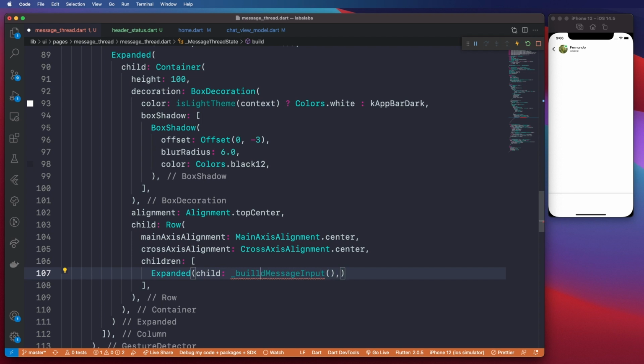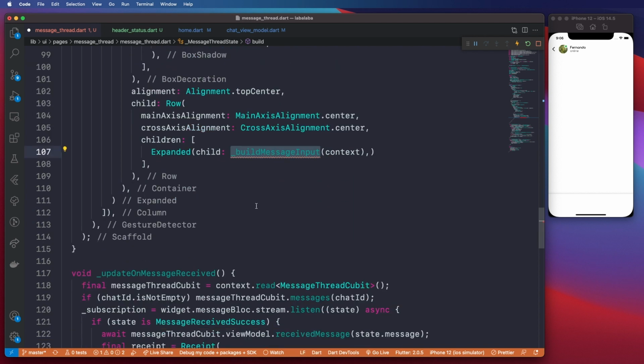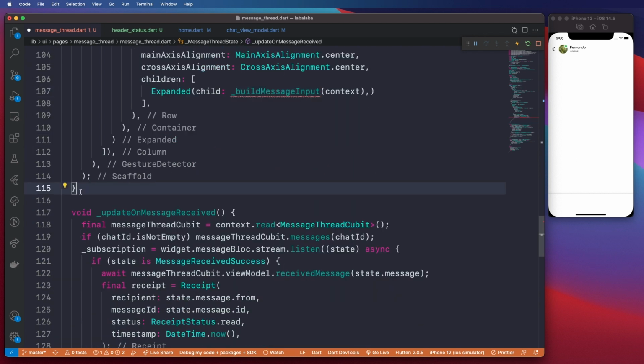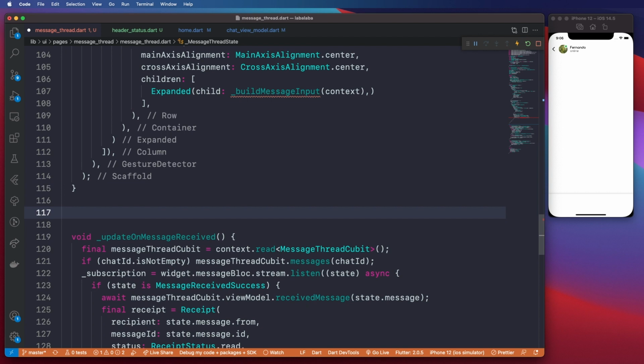Here I'll pass into this method the context. So this method is responsible for building out the input. So let's go ahead, build message input,